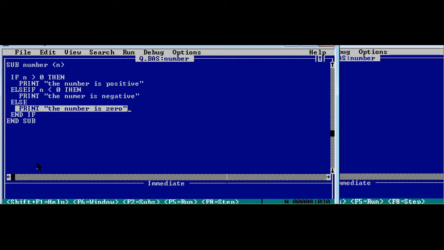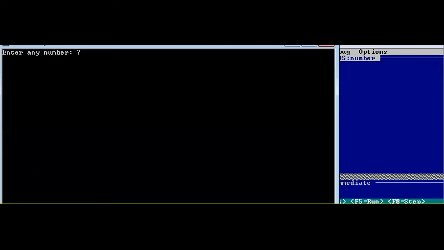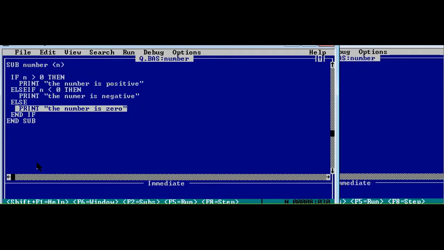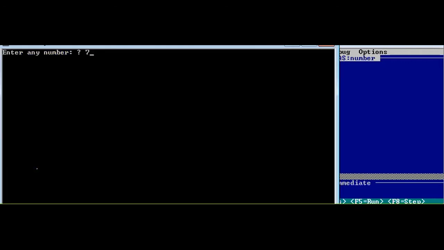So let's run our program and let's check. Let's say the user types -7, the number is negative. Suppose the user types 7, which is a positive number, the number is positive. And if the user types,